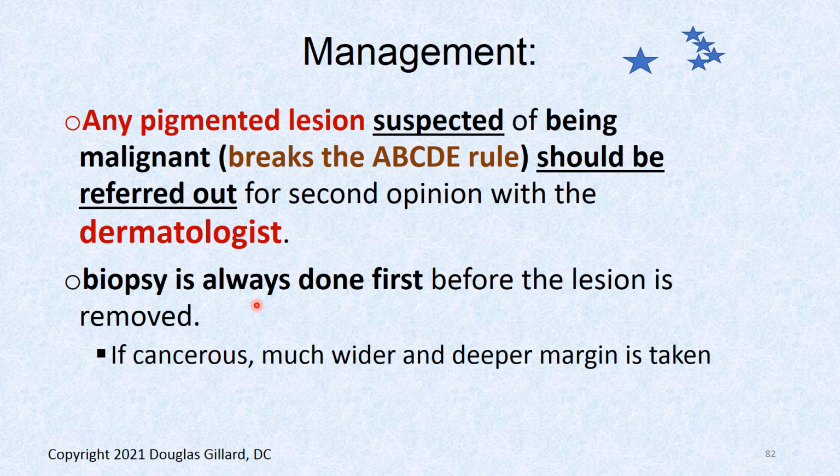I want you guys to be good with these. Any pigmented lesion suspected of breaking the ABC rules, unless the patient says that's been there since birth, it's a CMN. If it breaks the rules, they need to go to the dermatologist. It's easy to write that. Give them a slip: here's a referral to a dermatologist. Put that in the chart. If they don't go, it's on them. As long as you have proof that you referred them, you don't want their family coming back after you 2 years later saying,